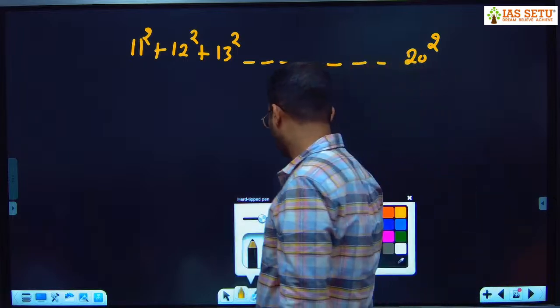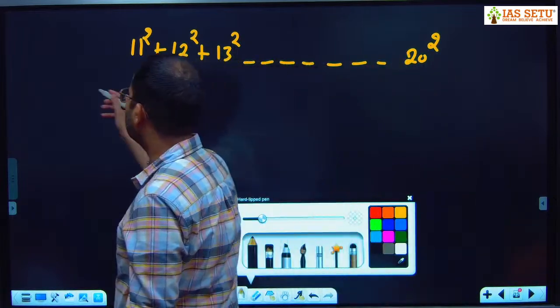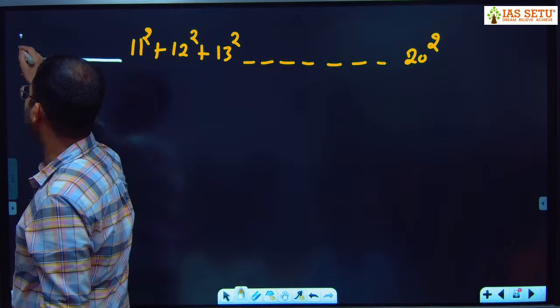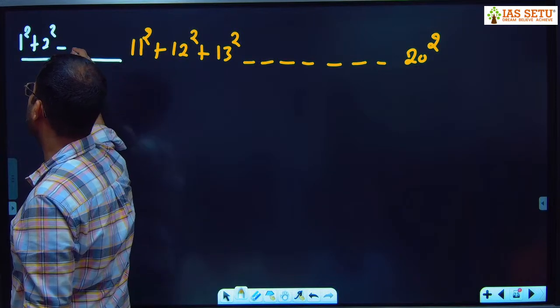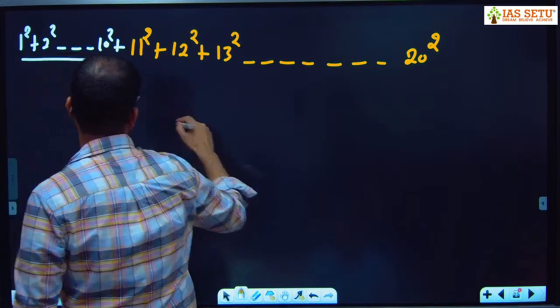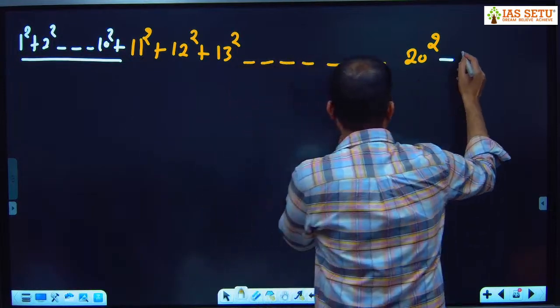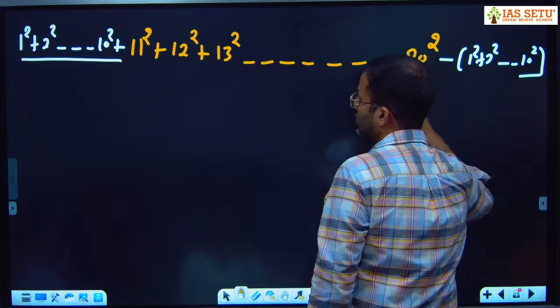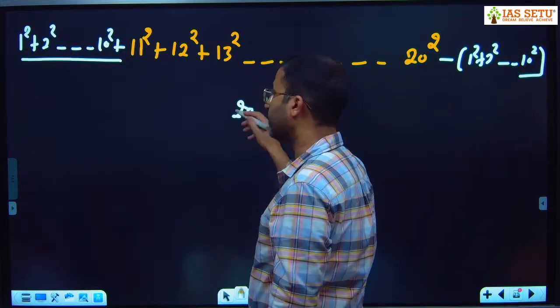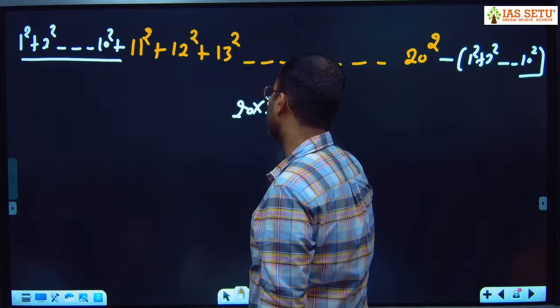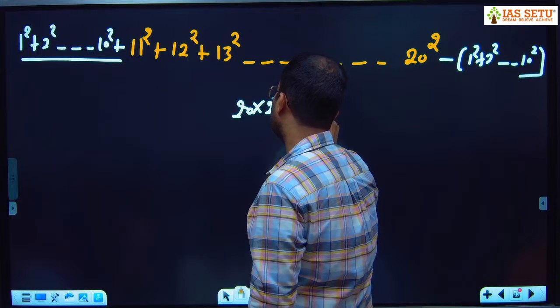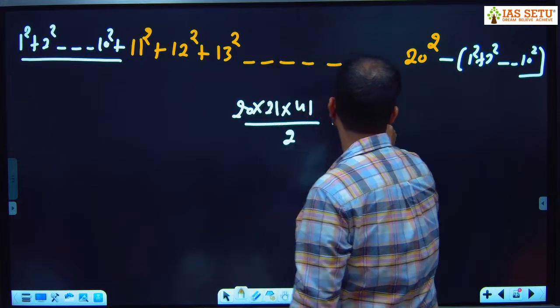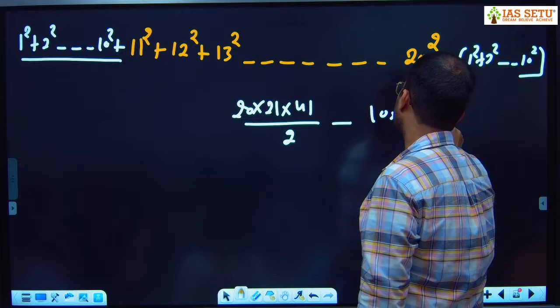Okay. So now here something is missing. 1 square to 10 square, 1 square plus 2 square up to 10 square. Same thing we subtract here. 1 square, 2 square up to 10 square. So it is 1 to 20. Same like earlier type. 20 into 21 into 41 divided by 6 minus 10 into 11 into